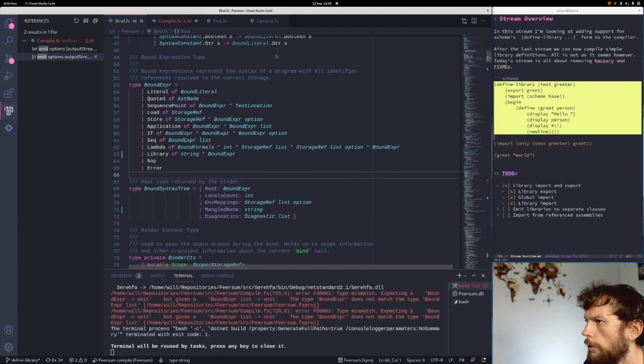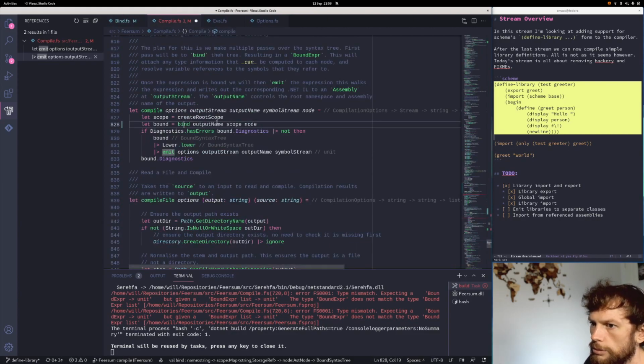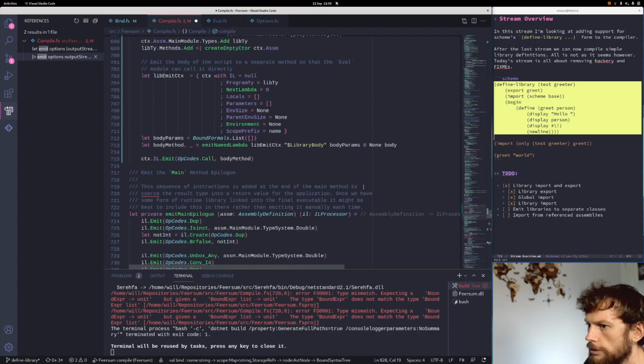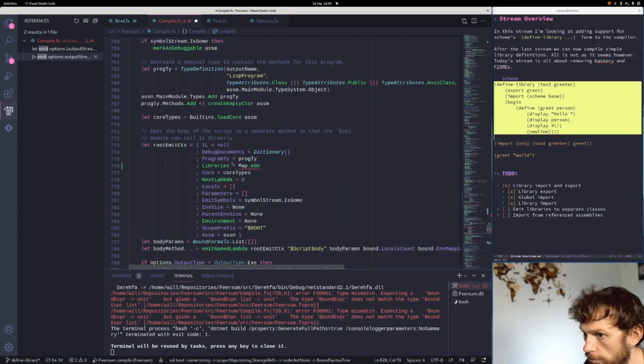Then when we are in the compiler and wanting to emit, we can choose the mangled name here. So map.add